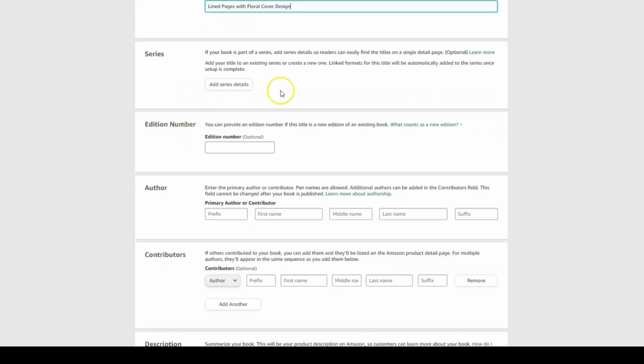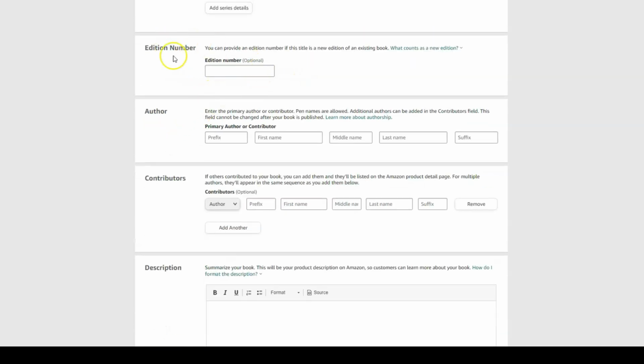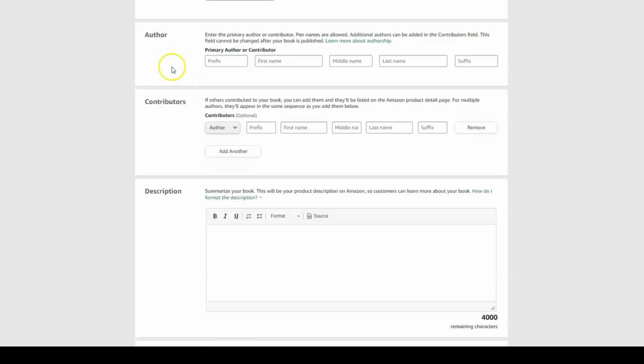The series bit is if you're writing books in a series, so that doesn't concern us at the moment. We're also not adding any edition numbers because it's just a notebook, but we do have to fill in our pen name, and you can choose any pen name as long as it's a person's name. I know some people are using brand names. Amazon don't like this very much now. They're really clamping down on it, and they want a pen name or an author name to sound like a person. So I could put my own name in there, Nuria Corby,